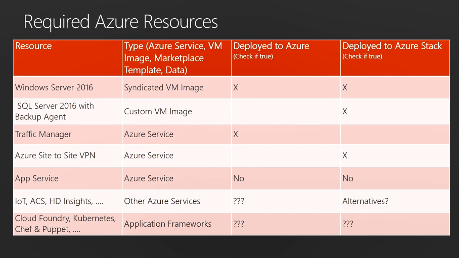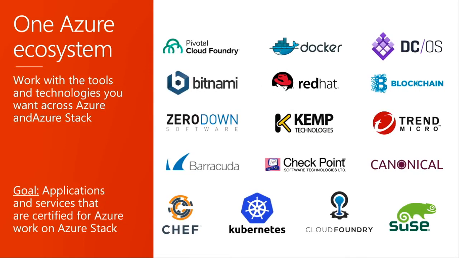For example, many of our customers are using things like Kubernetes, Pivotal Cloud Foundry, which was just announced today as being available for Azure Stack. These technologies are there and available. If we go to the next slide, you'll see why. Azure Stack today is working with our Azure ecosystem, our partners that are building solutions for distribution to Azure. In Azure, we have a huge marketplace with all of our ISVs. Now, when you get Azure Stack, you also have a marketplace of what can be provisioned by your application developers, your business owners, the people deploying and creating applications on Azure Stack.